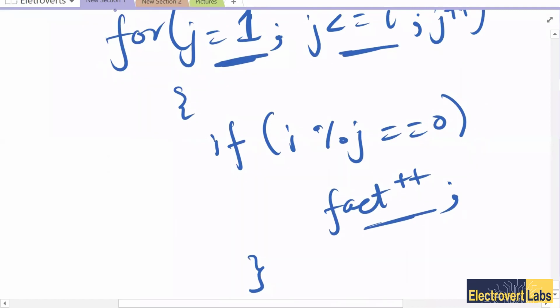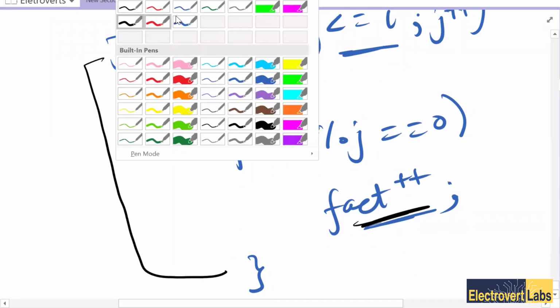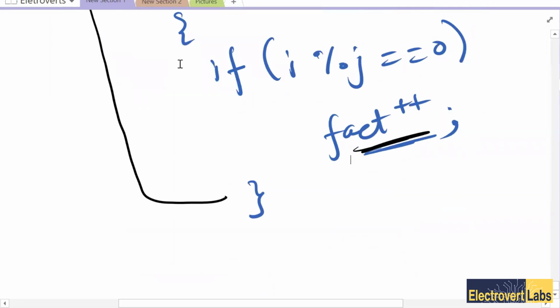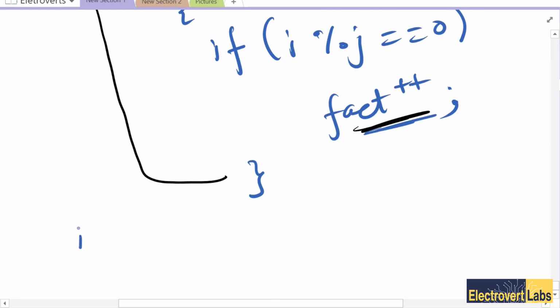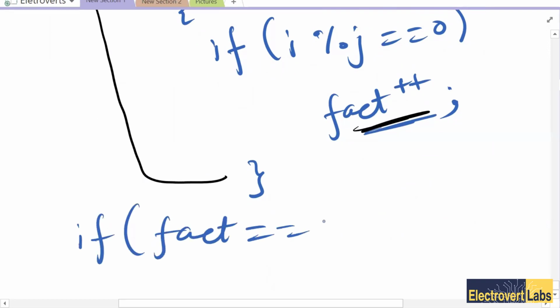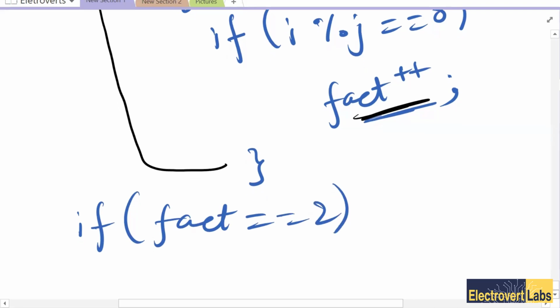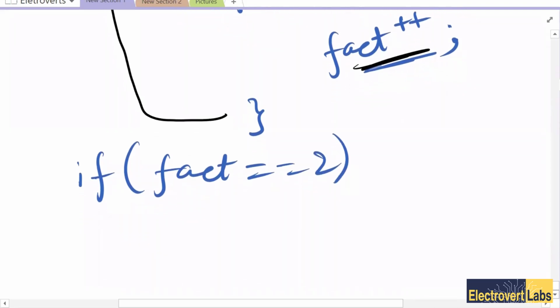As this loop gets executed, all the factors of I will be stored in fact, I mean the number of factors, of course. Now what we have to do? We just have to check if fact is double equals to 2. If there are only two factors, this means that,